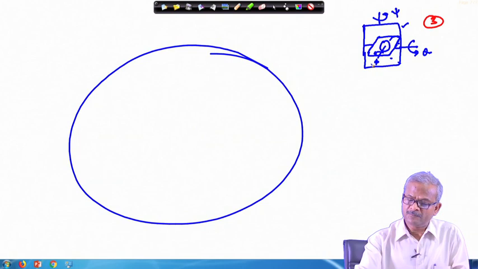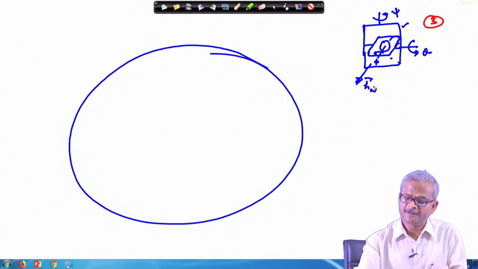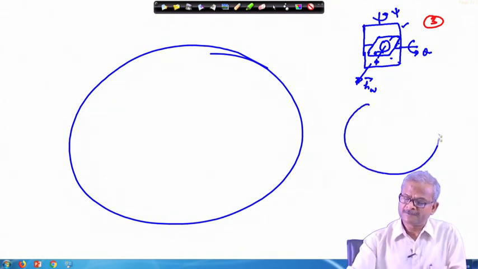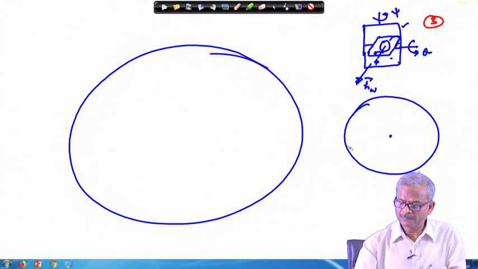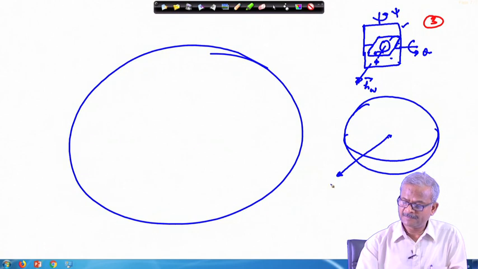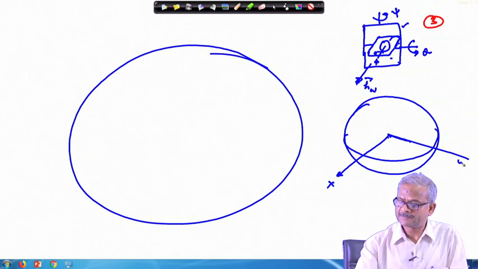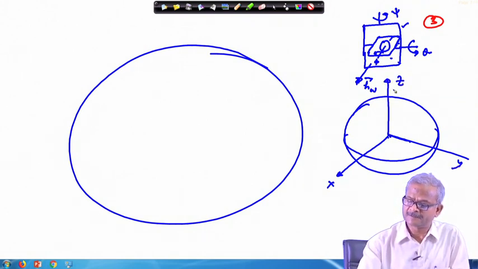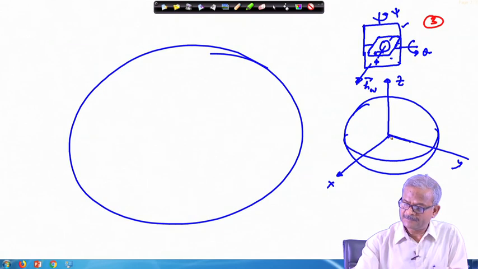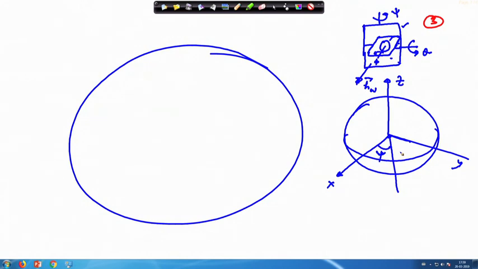So, the angular momentum of this rotor disc, which you are writing as h w, this wheel, can be oriented on the surface of a sphere anywhere. How are we doing it on the sphere? Suppose this is my reference axis here, x axis. From here I measure any angle, this is the y axis, and vertically this is the z axis. So, starting from this place I show it by psi, this angle. Okay. This we have looked at while discussing the orientation problem right in the beginning of this course.